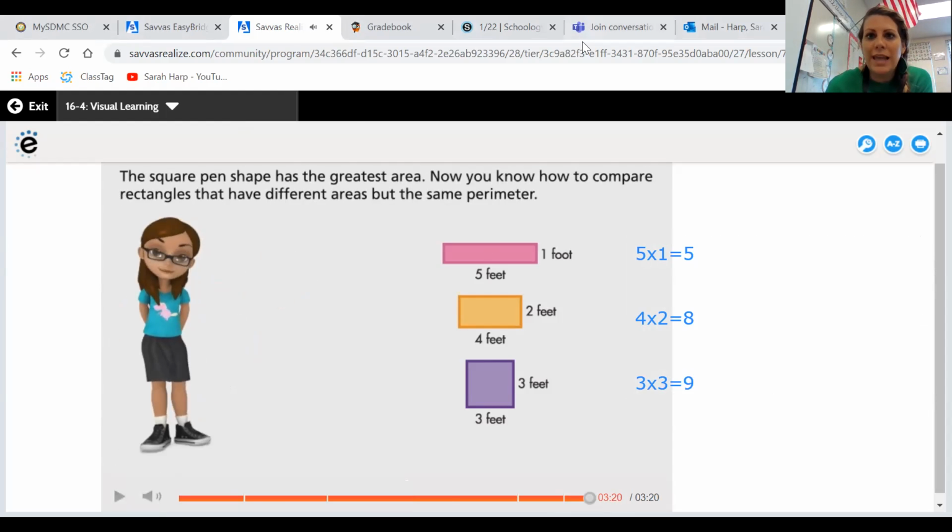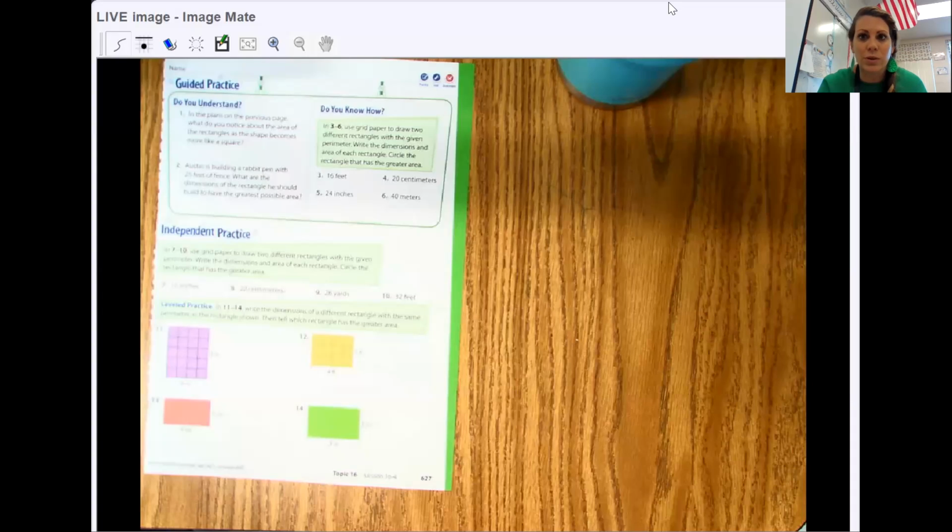Okay, guys. So let's go ahead and we are going to do quite a bit together and then you guys will do some on your own. So you are going to need your volume 2 math book and you are going to want to turn to page 627. 627. Okay, I'm gonna make that bigger for you. And remember, it always makes me do it 2 times. So you should have that page now,